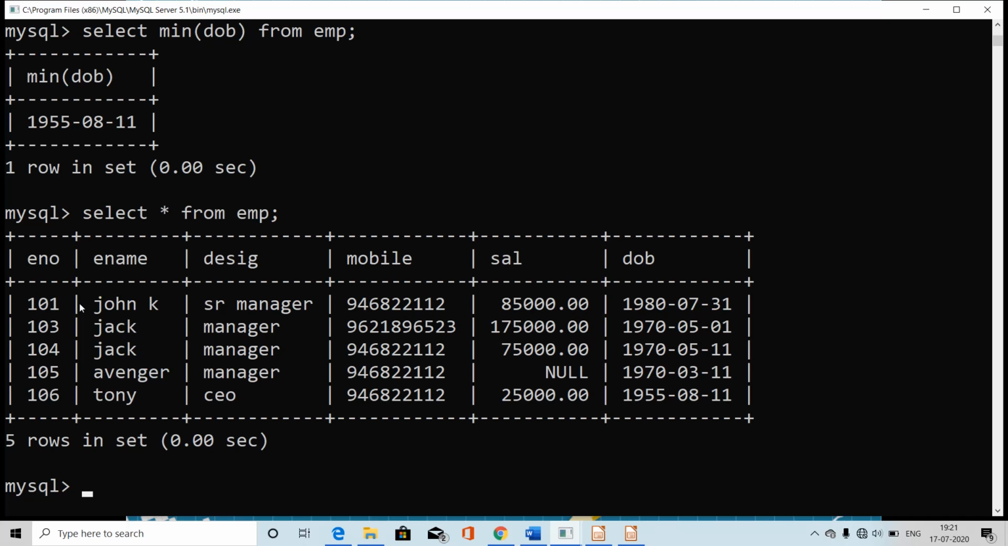So now I hope you all have understood all the 5 functions we have learned today: max, min, count, average and sum with